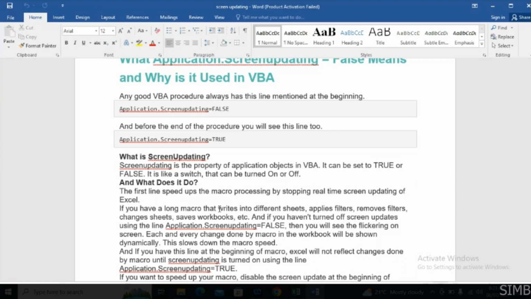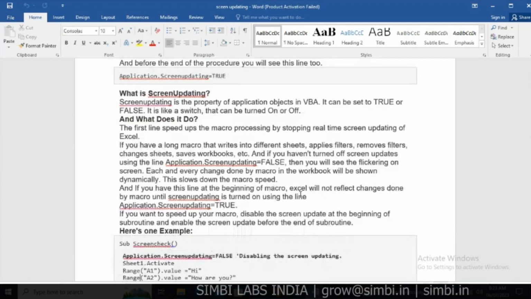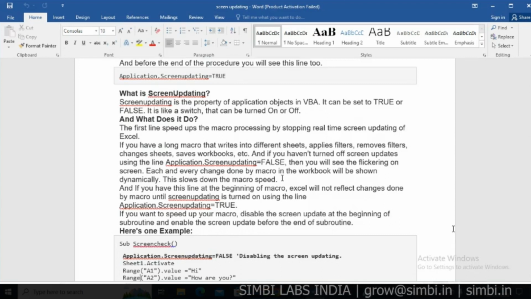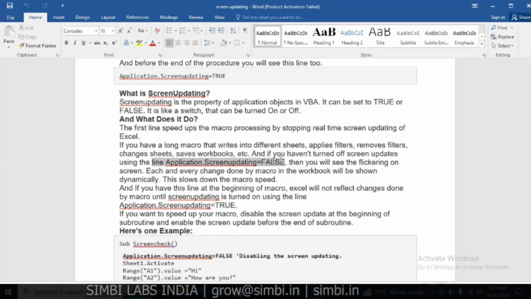If you have a long macro that writes into different sheets, applies filters, removes filters, changes sheets, saves the workbook, etc., and you don't turn off screen updating using Application.ScreenUpdating = False, you will see flickering on the screen. Flickering means moving between multiple sheets, there will be some delay or flickering you can see, right? And you are working on Excel. That may affect our coding. So at that time we have to set Application.ScreenUpdating to